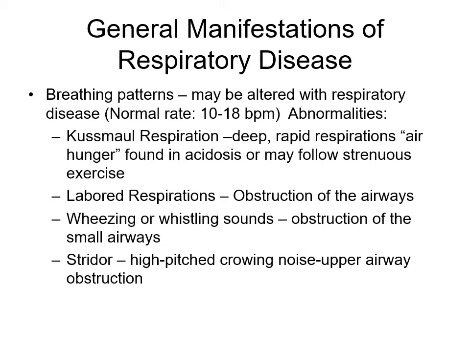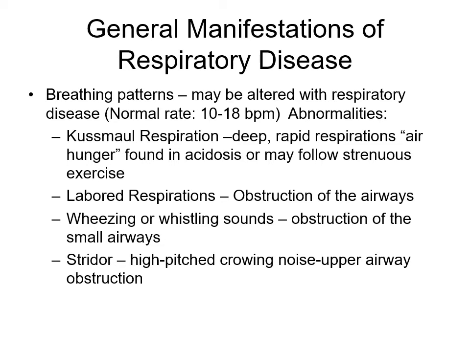General manifestations of respiratory disease. Breathing patterns may be altered with respiratory disease. Normal rate is 10 to 18 breaths per minute. Abnormalities that are seen: the first one is something called Kussmaul respirations. Deep, rapid respirations, something like starving for air, found in acidosis or may follow strenuous exercise. It's seen a lot in diabetic ketoacidosis,